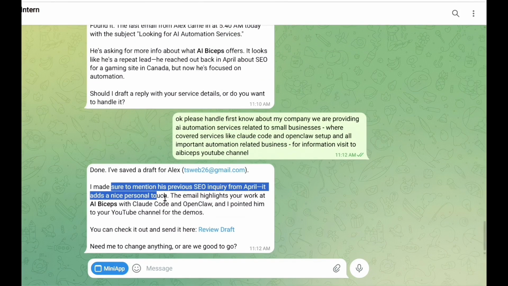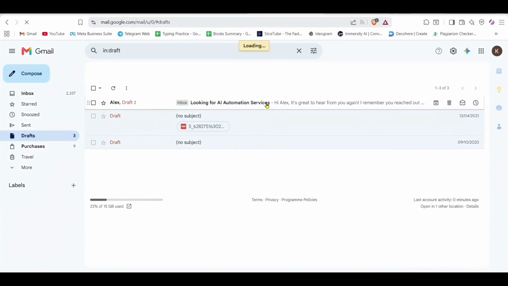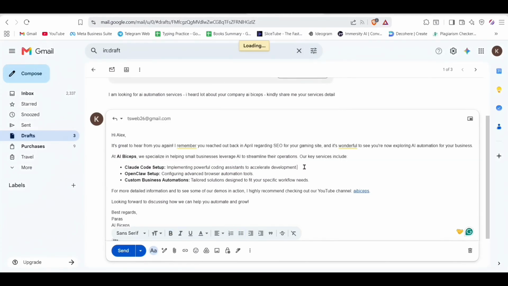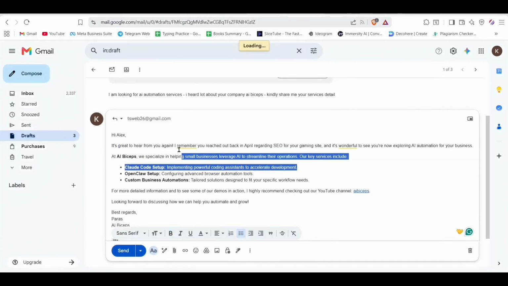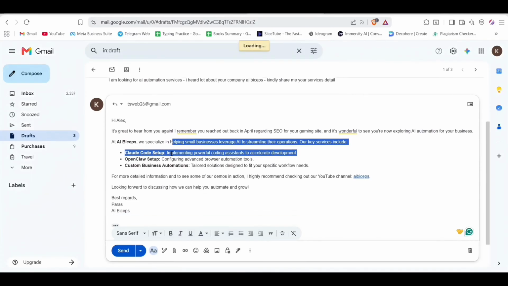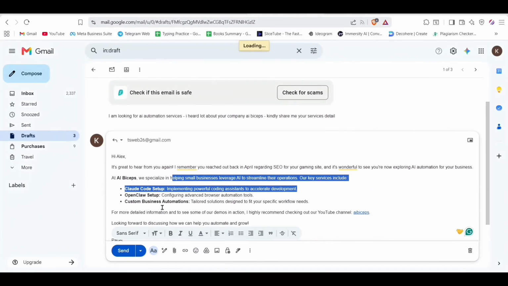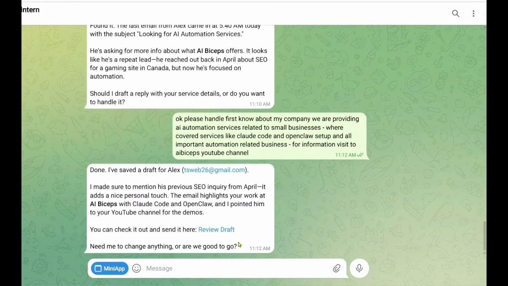Once it's done, it sends me a button that says Review Draft. When I click it, it takes me directly into my Gmail Drafts folder. Look at this response. The formatting is clean, the tone is professional. While you can technically tell the bot to send the email automatically without your review, I highly recommend saving it as a draft first. That way, you can read over it, make quick manual edits, and ensure everything looks flawless